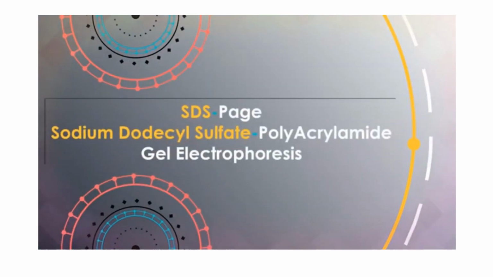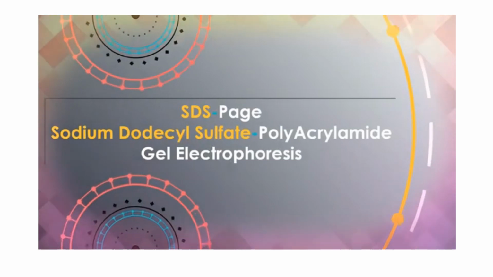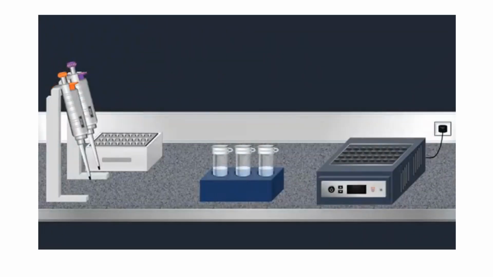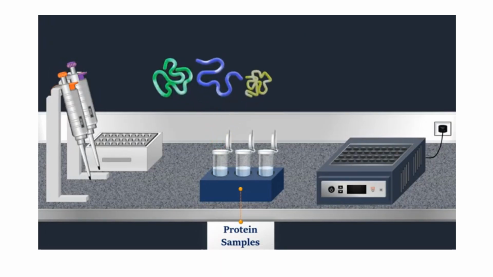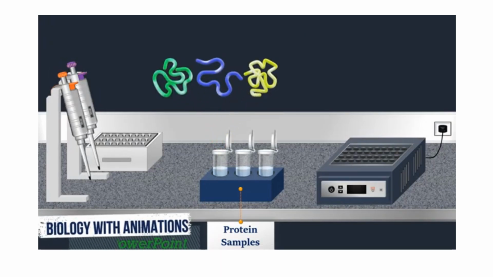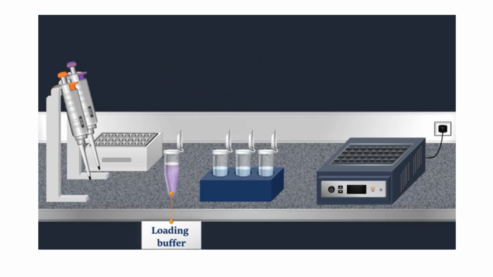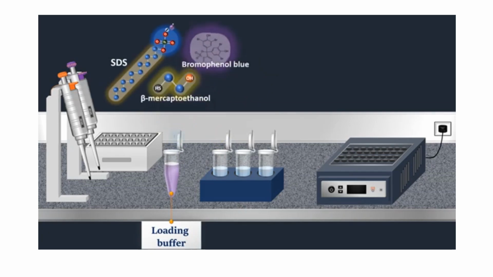SDS-PAGE, or sodium dodecyl sulfate polyacrylamide gel electrophoresis, is an electrophoresis method and a very powerful technique in the study of proteins. In SDS-PAGE, proteins are separated in a polyacrylamide gel based on their molecular weight. This is an example of an SDS-PAGE gel. For sample preparation, a loading buffer containing SDS, beta-mercaptoethanol, bromophenol blue, and glycerol is added to the protein samples. So the beta-mercaptoethanol